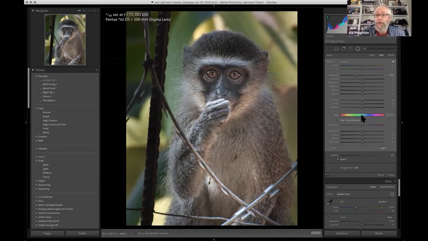I wonder whether we could do something with changing the hue as well. I don't know whether this will work or not, because me and color adjustments is not a good place to go. Okay, so that might not be the best way to move things. No, I think we'll leave that. But